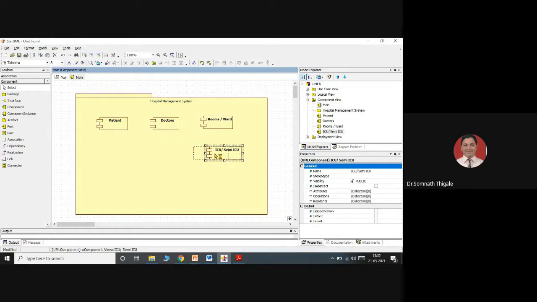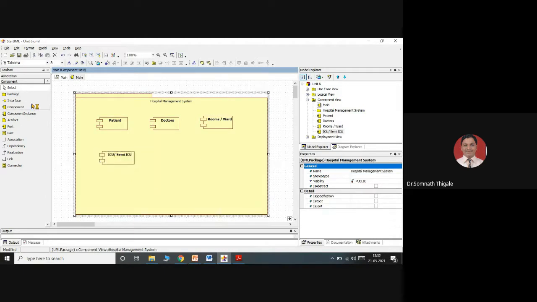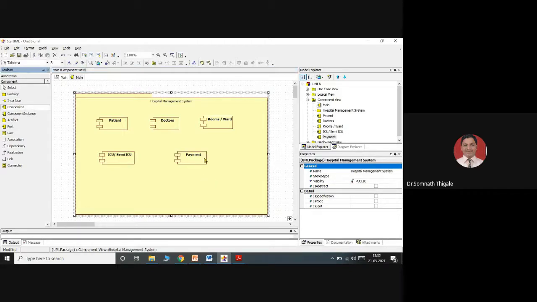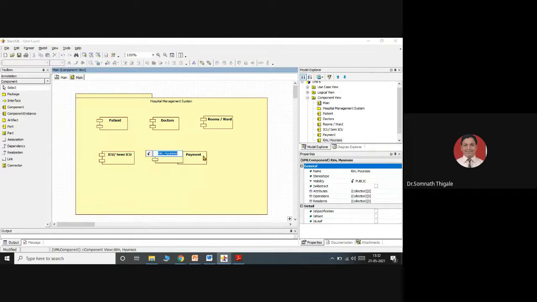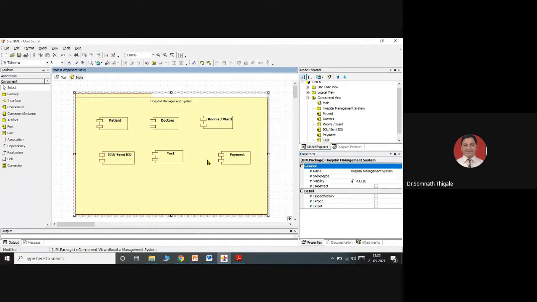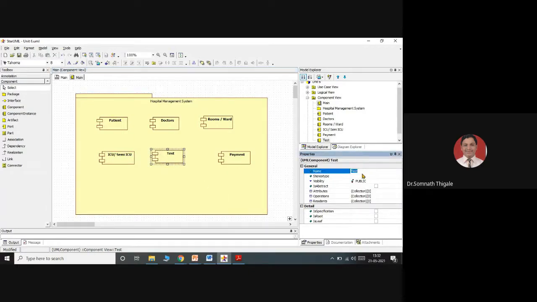After the doctors, we'll decide the room. Then we'll discuss another agenda, that is with respect to the payment option. The payment will have different parts. Then we need one more scenario over here, so I'll put the payment part here. One more component we can add is the different tests, so blood test, urine test, X-ray, etc. So tests, different tests, I can say, as one separate component.